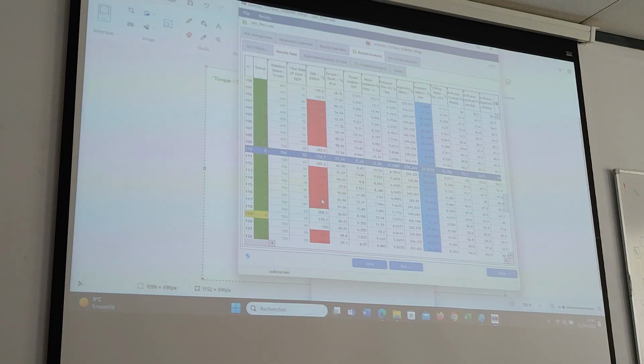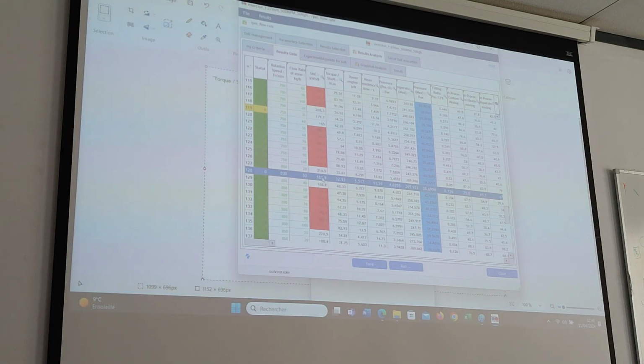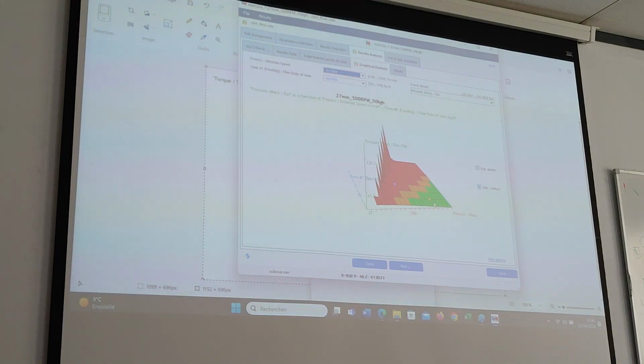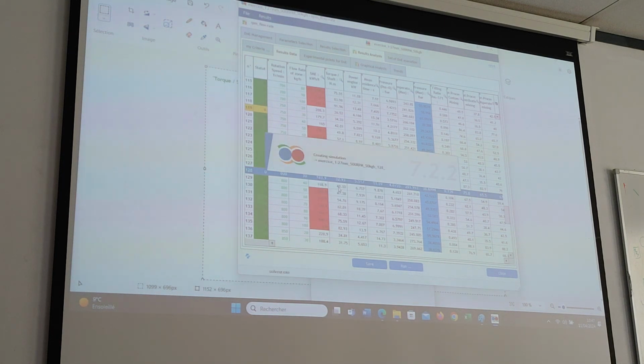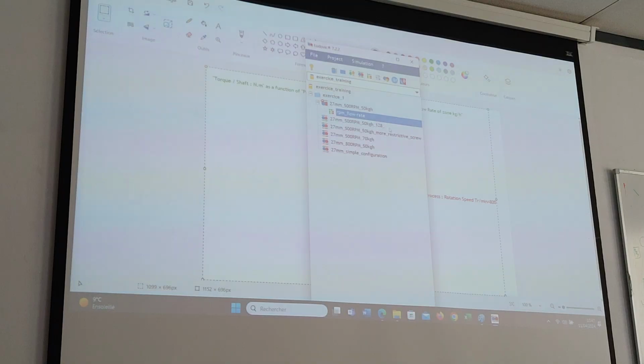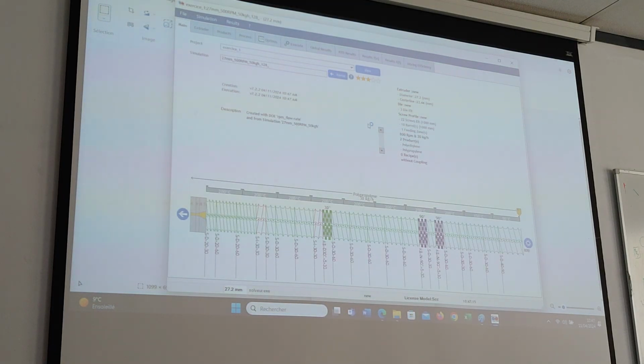But here the simulation I want is actually this one, which is highlighted in yellow, because it's the one I selected in the 3D surface. So I'm going to right click on the SME and select Save as a simulation in the database. So it was simulation 128. And if I have a look at it now, I can have a look at the individual results.